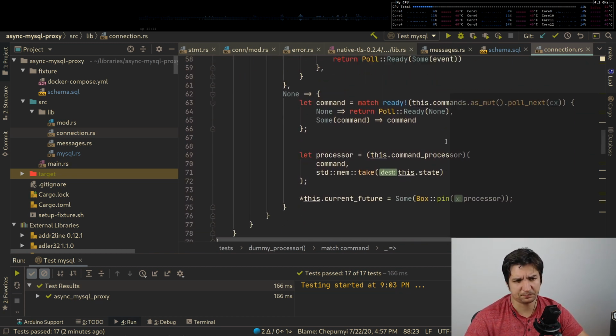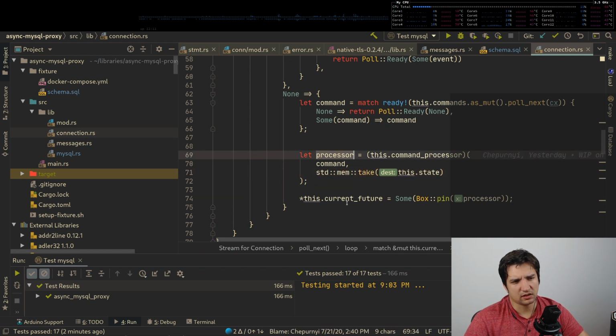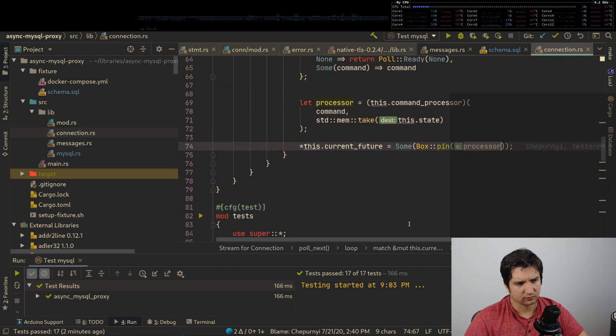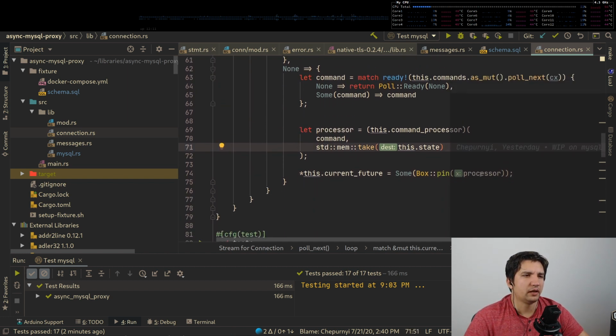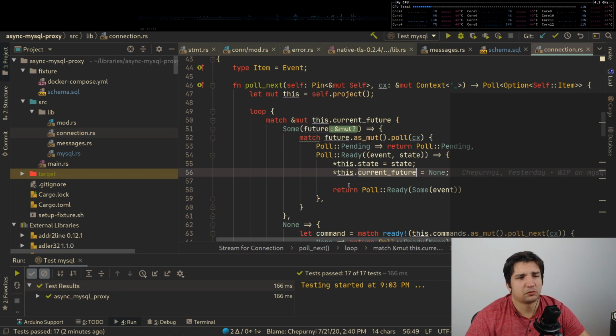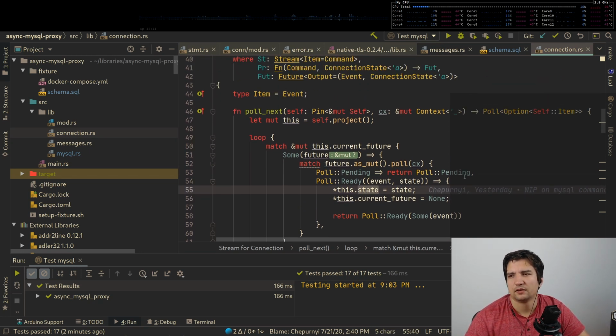Here is the command processor, and on every single command it just processes a command, supplies it a state, and then receives back a processor,